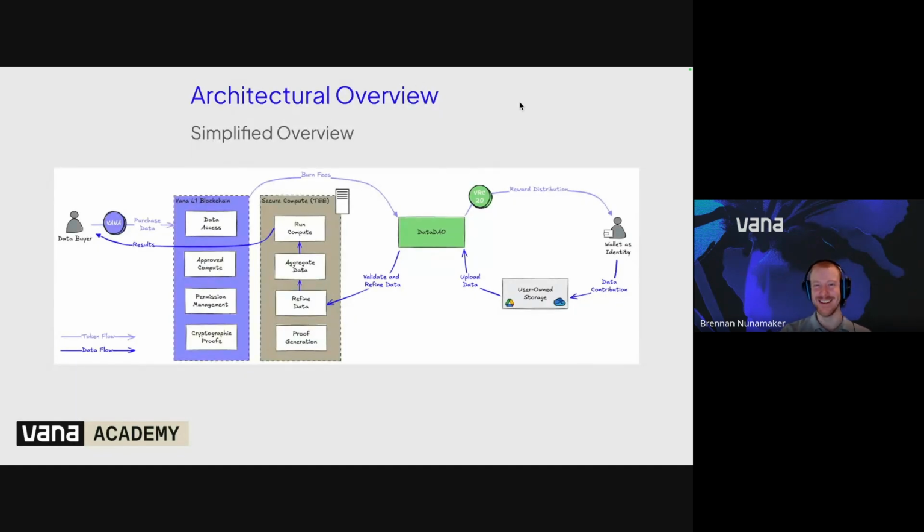The first slide is the simplified architectural overview so that you guys have some conceptual thing to map all of these new components to. In this diagram, we don't need to go too much into detail, but there are essentially two flows that are displayed here, the token flow in this light blue and the data flow in this dark blue. The way to think about it is you have your data contributors here on the right side of the graph. They upload their data to user-owned storage, which then gets passed on to the DataDAO,